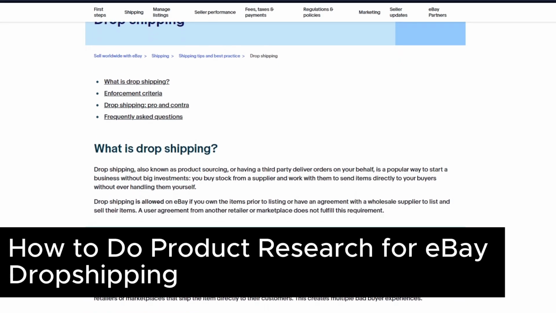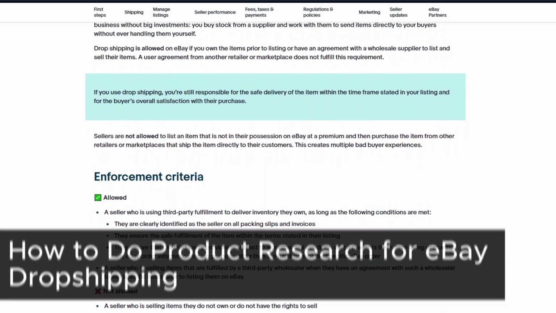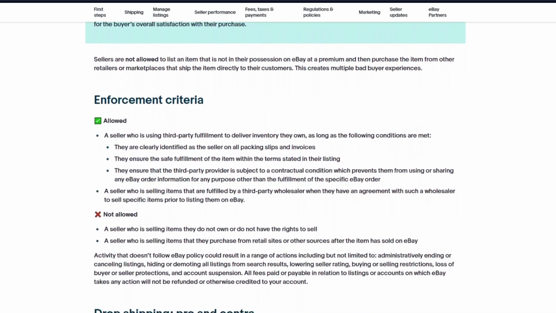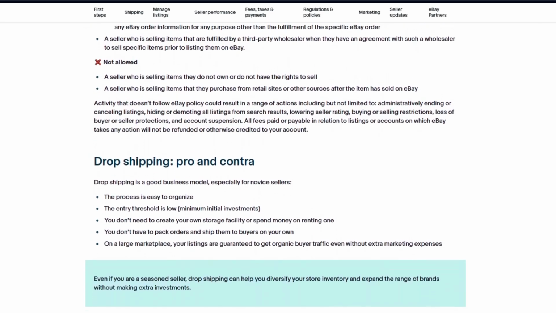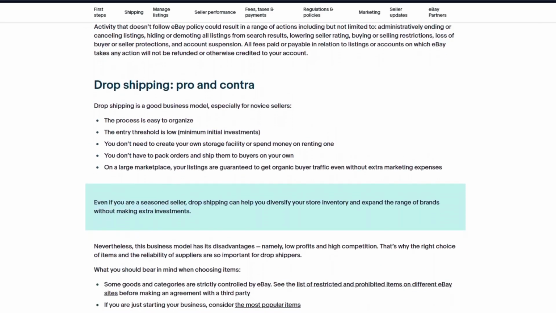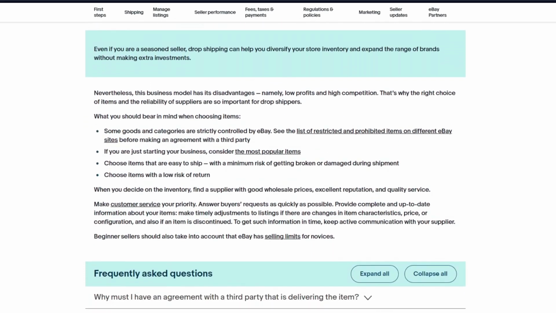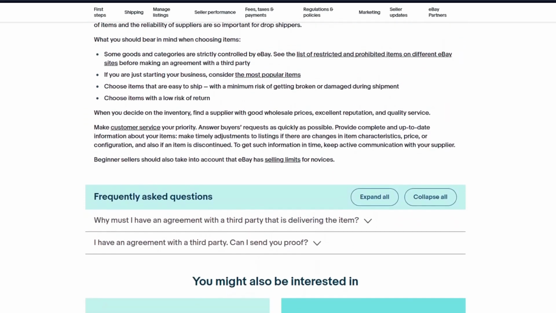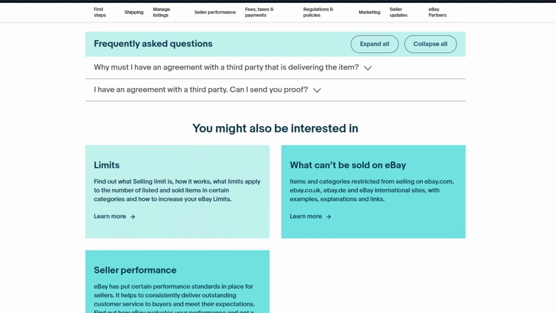How to do product research for eBay dropshipping. Welcome to this guide on how to conduct product research for eBay dropshipping. Finding the right product to sell is one of the most crucial steps for building a profitable eBay dropshipping business. In this tutorial, we'll break down proven research strategies to help you identify high demand, low competition products that can